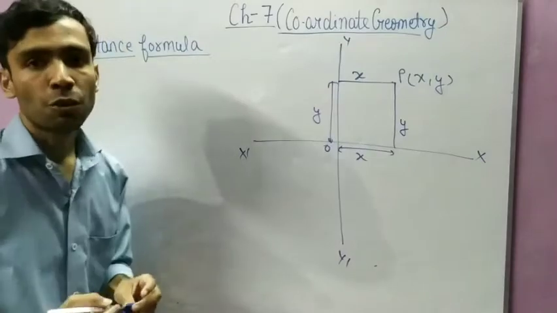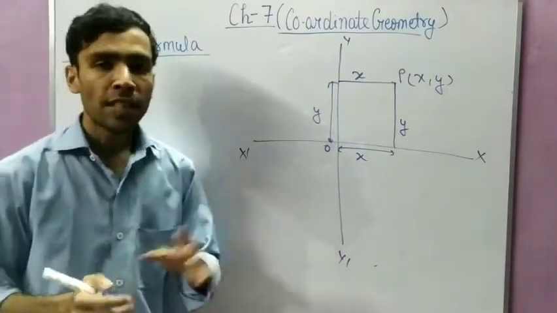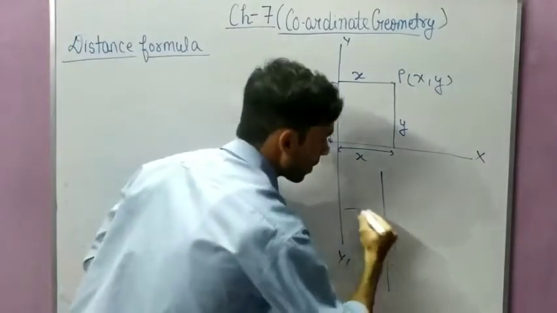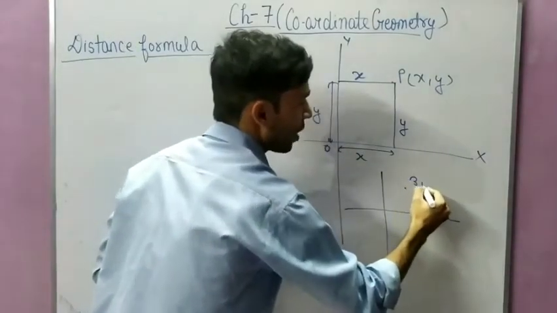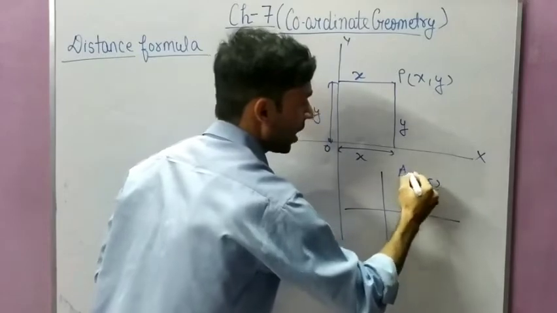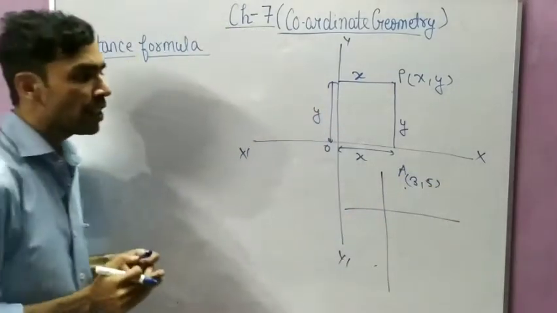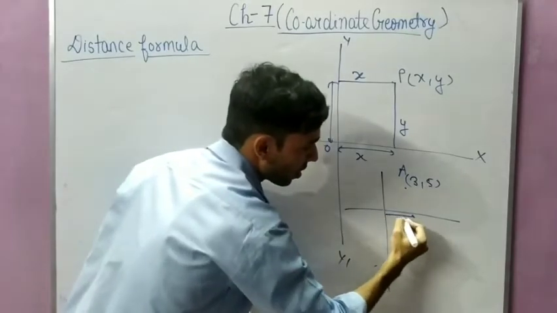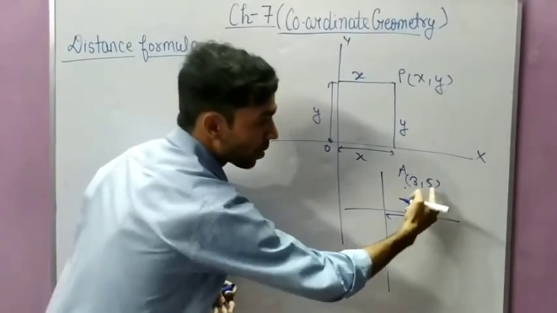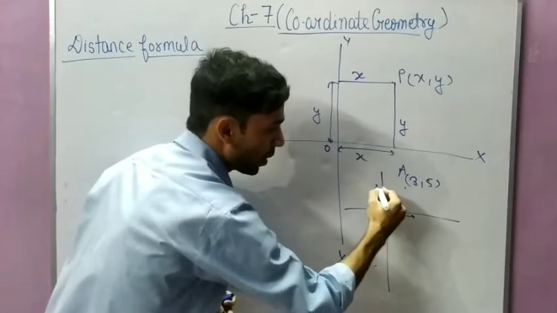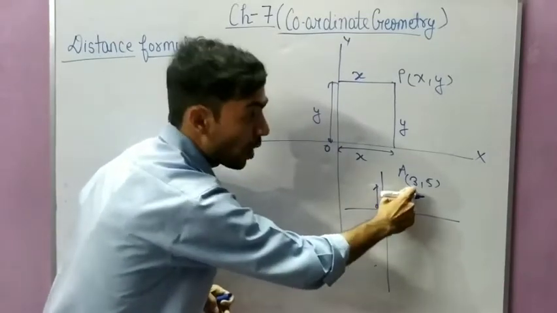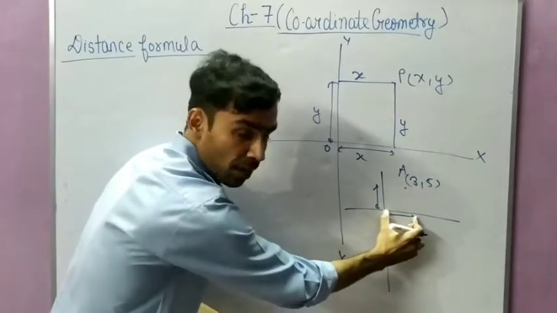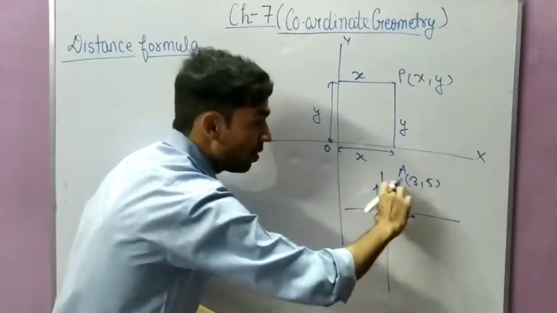This you already know, students. Whenever a point is given, I can give you one example. Suppose it is a point A, (3, 5). What is 3? 3 is this distance, and 5 is this distance. 3 is x, so we look along the x-axis, and y is 5, so we look along the y-axis.